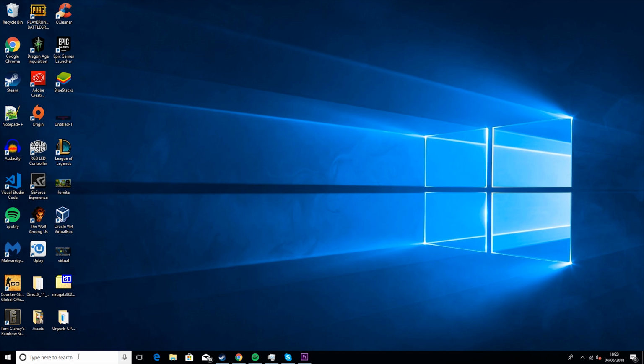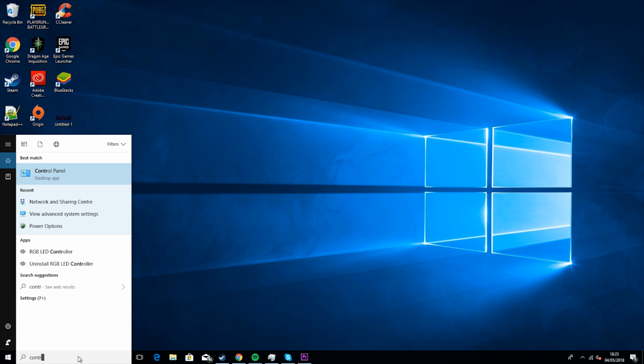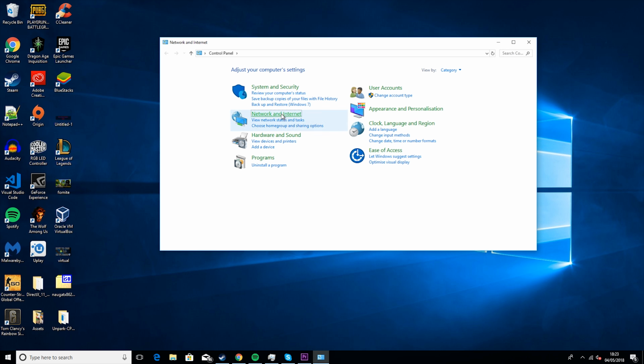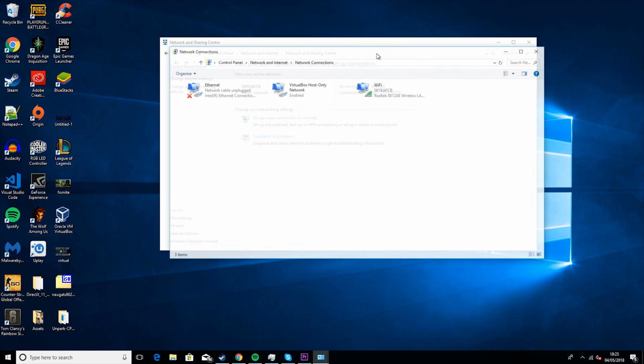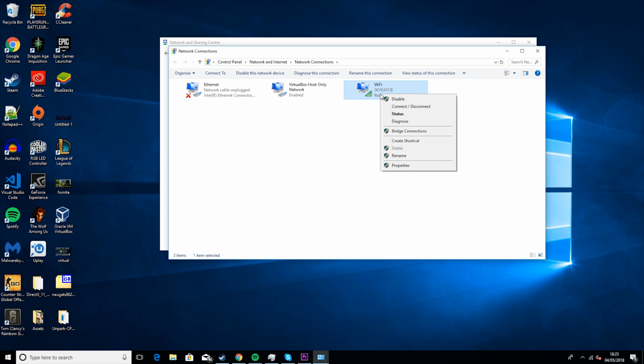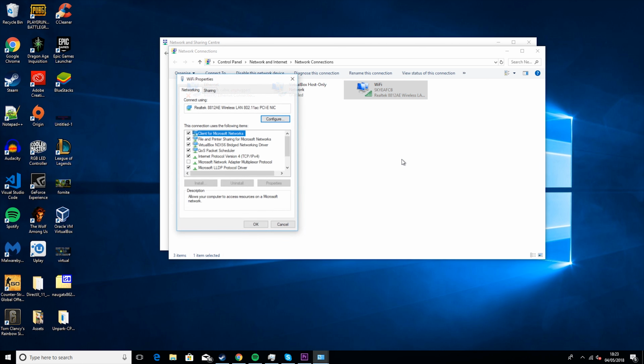So, first thing you want to do is come to Control Panel, Network and Internet, Network and Sharing Center, change adapter settings, right click on your current internet, it may be Ethernet if your PC is plugged in, Properties, Internet Protocol version 4,